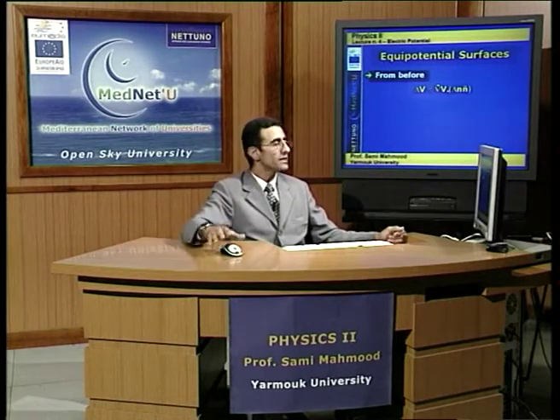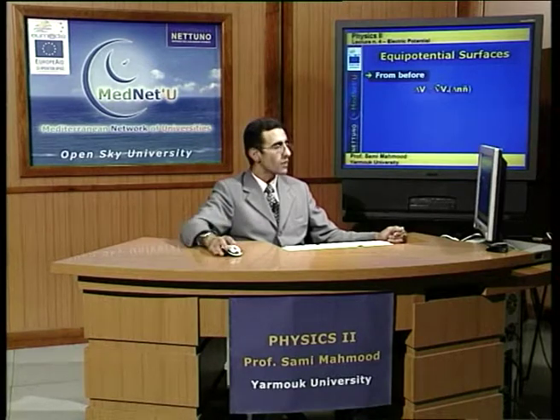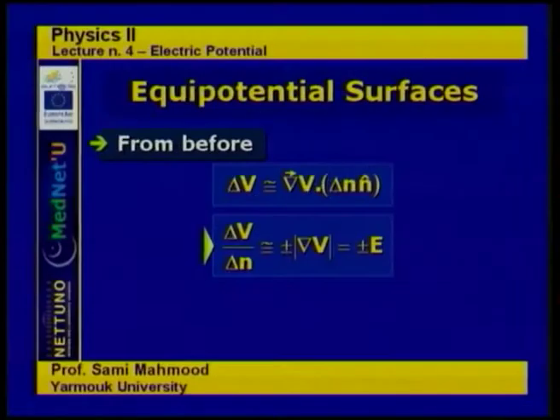So delta V is gradient V dot delta n in the direction normal to the surfaces, and thus, if we divide both sides of the equation by delta n, we reach delta V by delta n is equal, in magnitude, to gradient